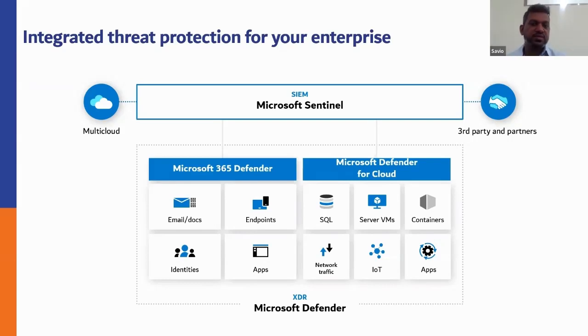When we say that, it is basically end-to-end visibility across all your resources, intelligent alerts built with a deep understanding of individual resources and filtered with artificial intelligence. With this combination that you see here with the SIEM and XDR capabilities from within the Microsoft Cloud, Defender can now focus on what's important, right? Namely, mitigating those threats, more context more than ever, and spending less time on infrastructure or large volume of signals